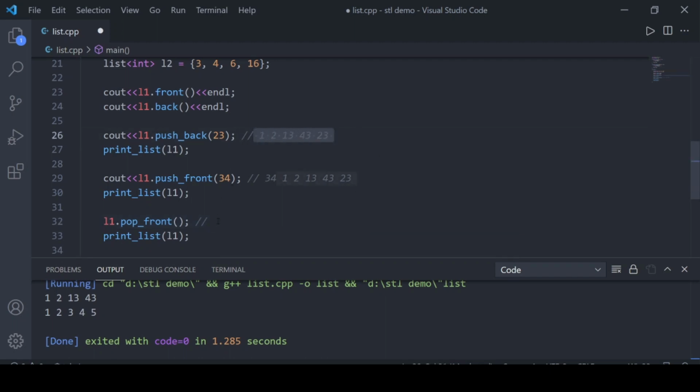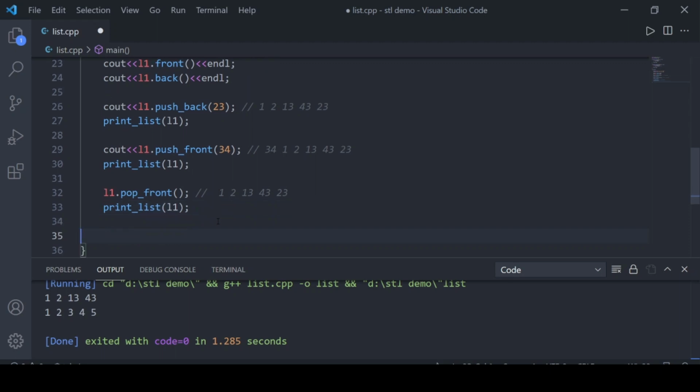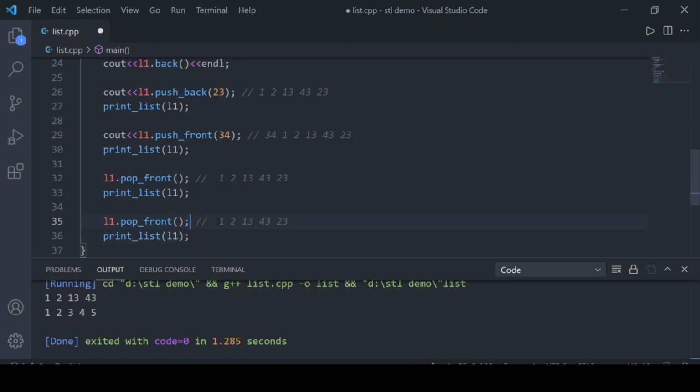So let's copy that and paste here. We can also pop from the back, so let's pop from the back also. If we pop from the back, the above would be this one.